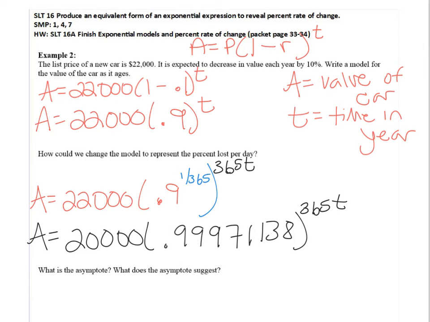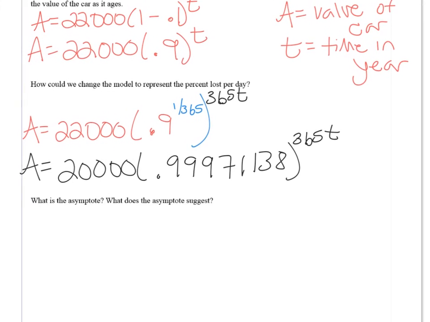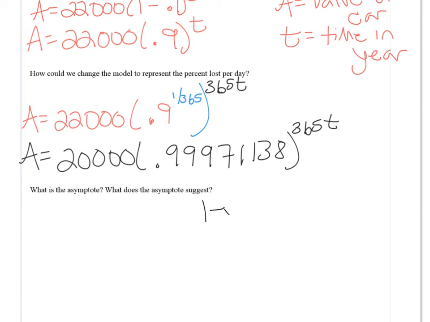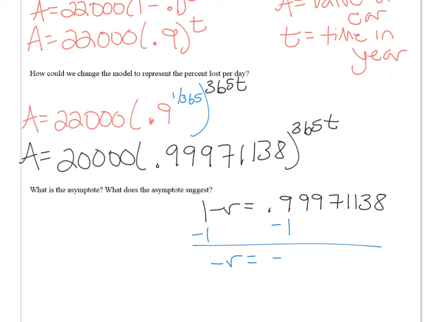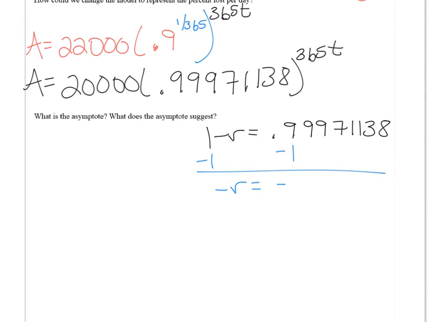Well, the question specifically asks about the percent loss per day. So I know that 1 minus R has to equal 0.999711138. And then solving that, I get negative R equals negative. Your calculator might give you a funny looking answer; mine did: negative 2.886172898